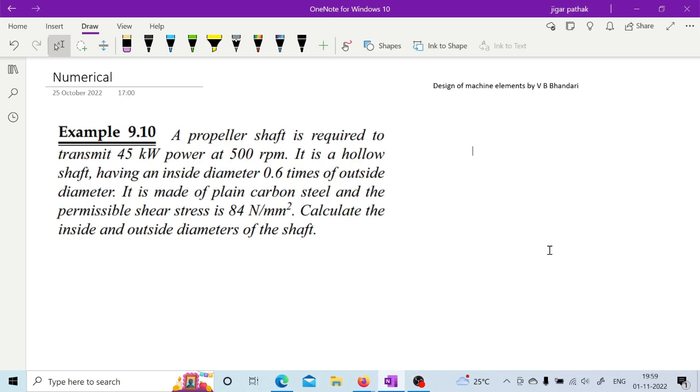So first you need to calculate the torque, right? Power is given, so power is equal to T omega. From that, T is torque. We are considering it as Mt also, right? So this Mt